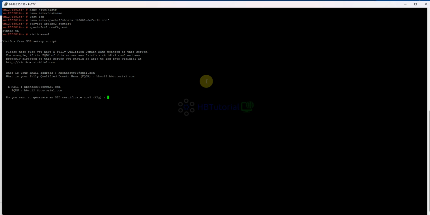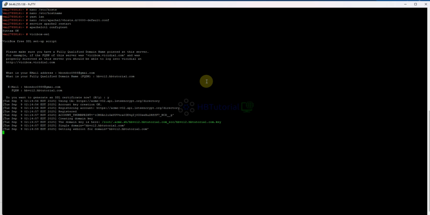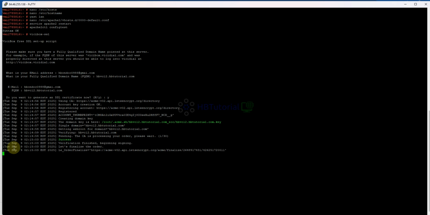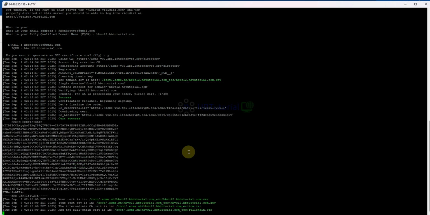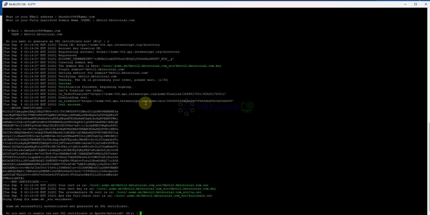Okay, you need to wait a few seconds. And then, do you want to generate SSL? Yes. You need to wait again. Okay, so you can see we have successfully generated our SSL.